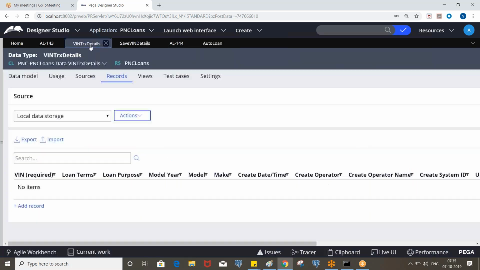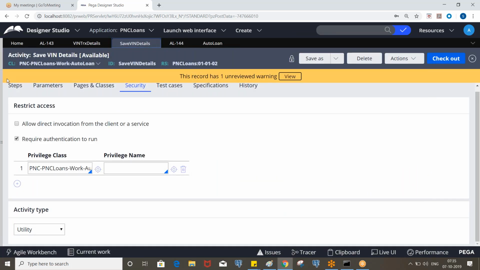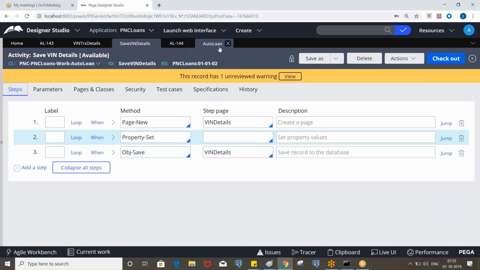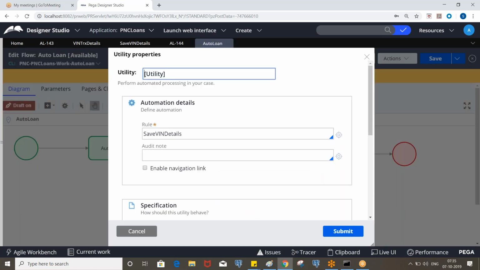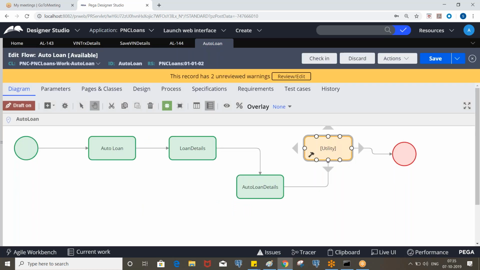Is flow action also a type of activity? No. For flow action, you don't need that. We invoked some activities in the flow action where we haven't selected that, right? So it's not required. If you want to call an activity in another activity or in the flow actions, we don't need to change the type. It's not required.